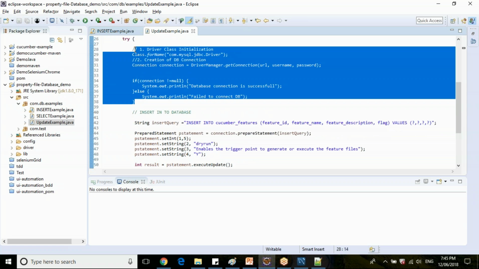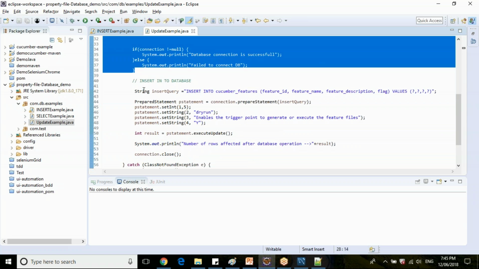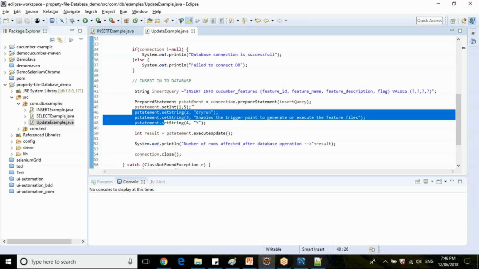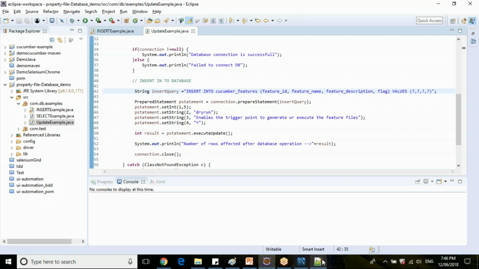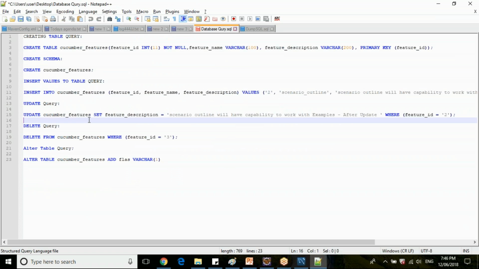Till the connection, it is required for us, right? Post connection, insert and update will have a few differences. Here also we will have a prepared statement, but you will not write for all the things. So let's first check what the update query is here.